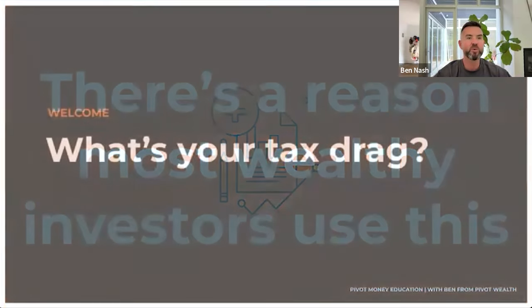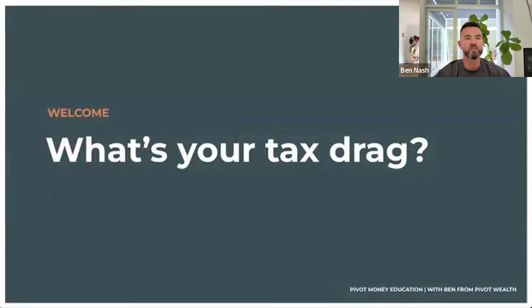And so the final piece of the puzzle here, and I just wanted to sort of really set the scene before we jump in here. If you think about what your tax drag actually is, because if you've got $200,000 as your ideal lifestyle level of income that you need, using the 5% rule, that means we're going to need about $4 million in investments in order to give you that 200 grand a year.